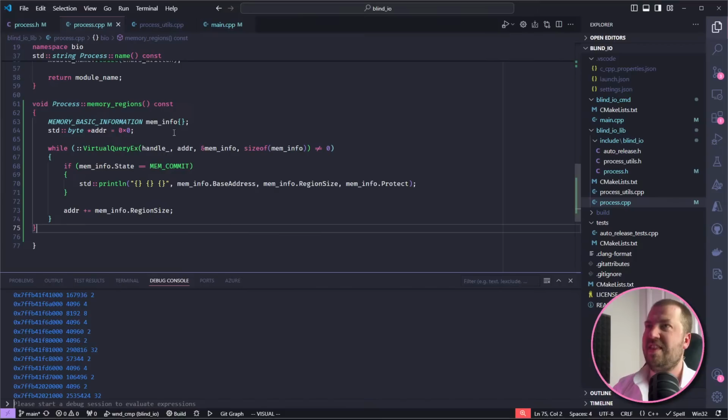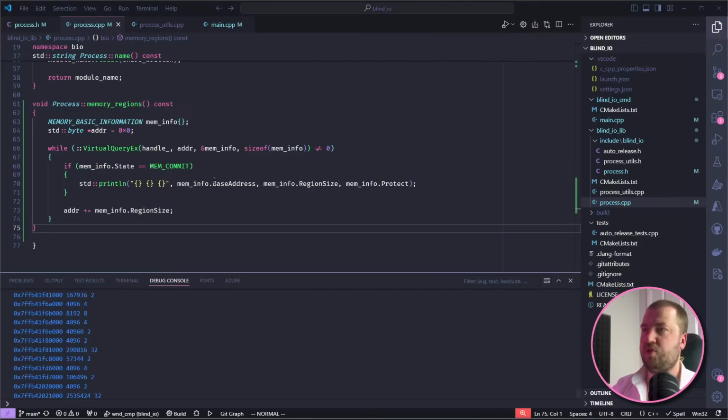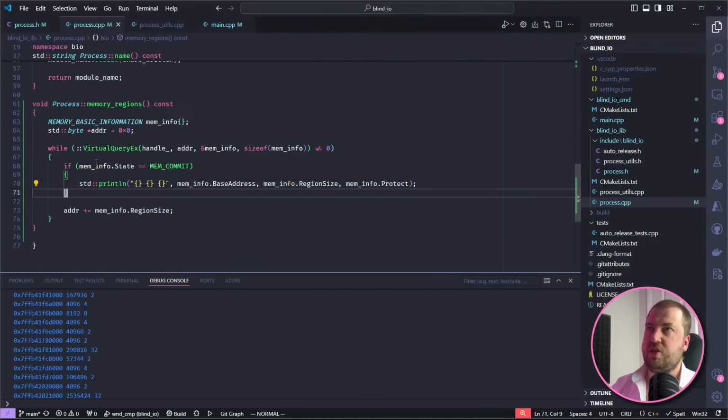Let's try and make this a more user-friendly API. So let's delve a bit more into the C++ design side of it, because there's definitely some interesting things we can do around this. I think the first thing we're going to want is to build a bit of an abstraction. So let's encapsulate all this information.